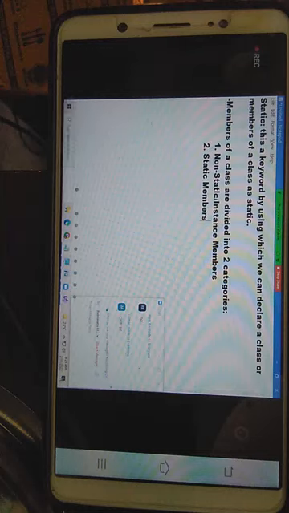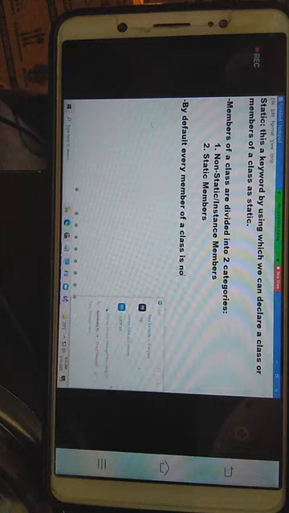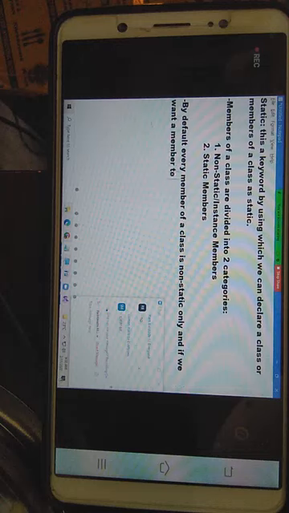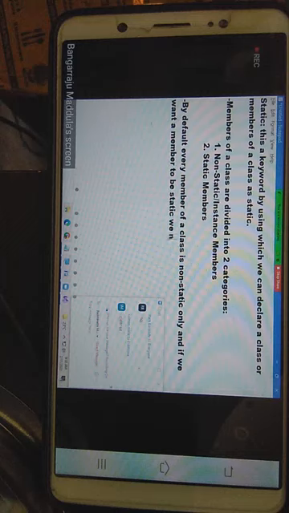First one is non-static, second one is static. What's a non-static? By default, every member of a class is non-static only. And if we want a member to be static, we need to prefix